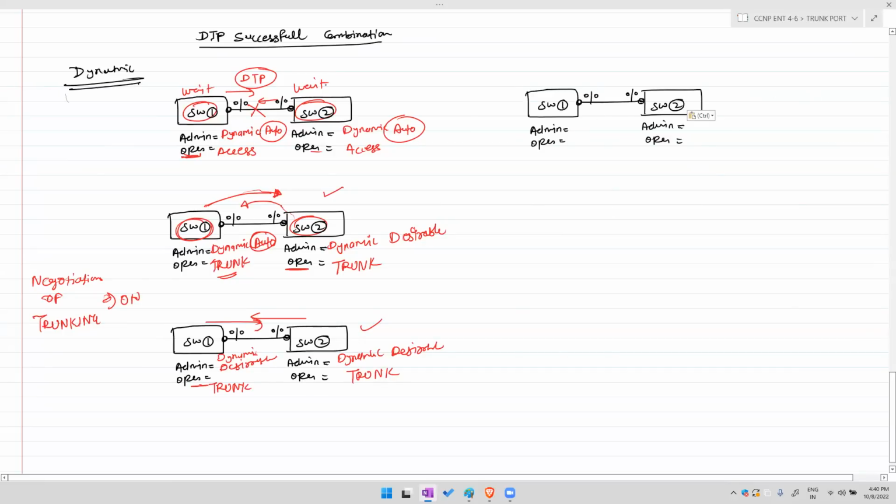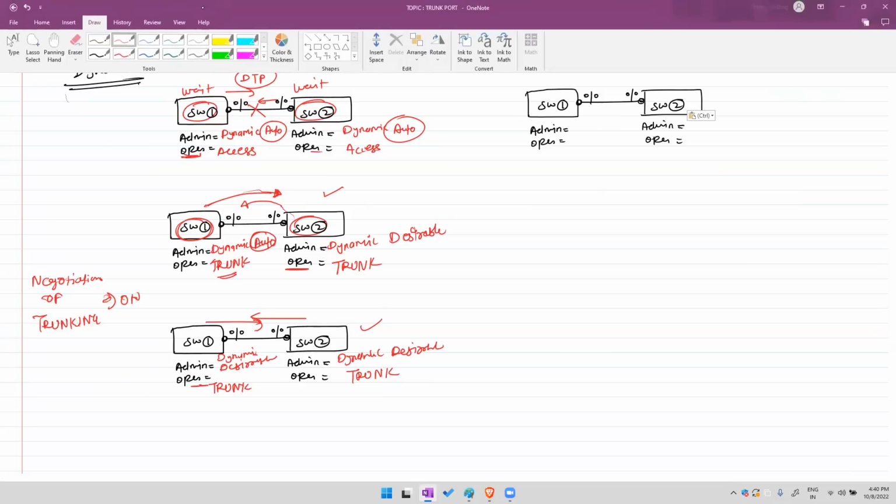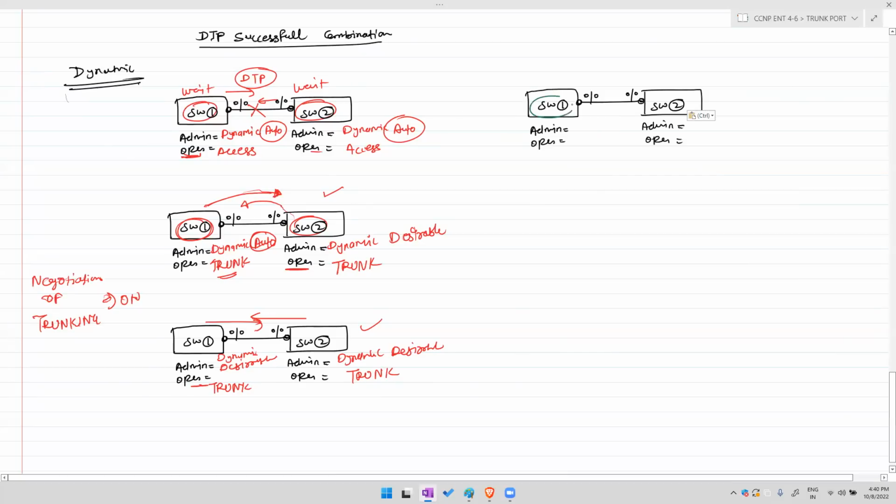For example, if switch 1 is configured as dynamic auto, and on switch 2 someone forcefully configures it statically, admin is static, operational is trunk, then what will happen? Will switch 2 send a DTP message? No. But after 30 seconds, DTP will be forwarded unconditionally, switch 1 receives it and configures as a trunk port operationally,